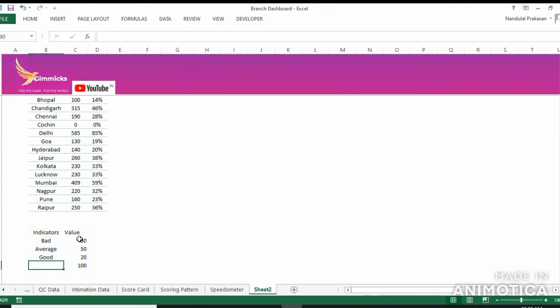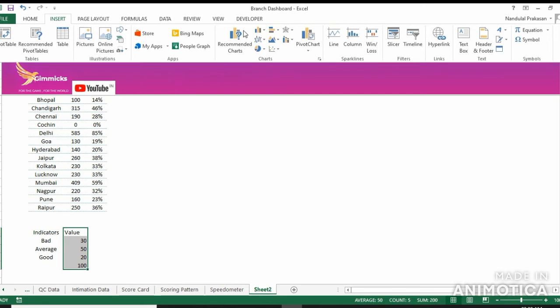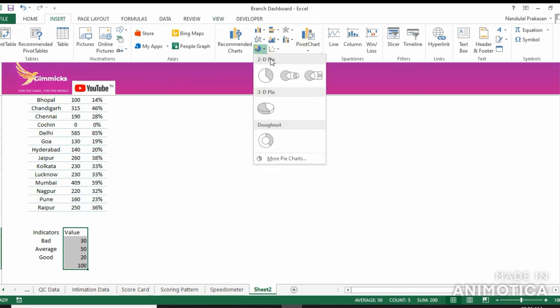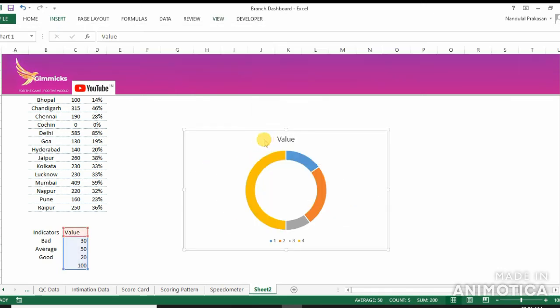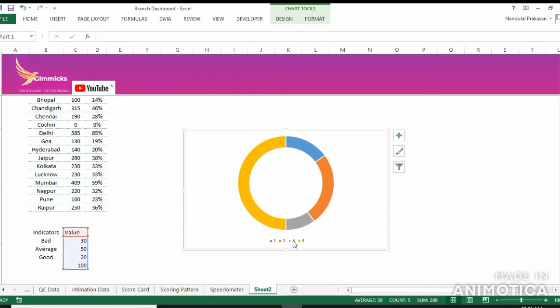Here I'm only taking the values. Great. Let's remove the chart title as well as the legends.